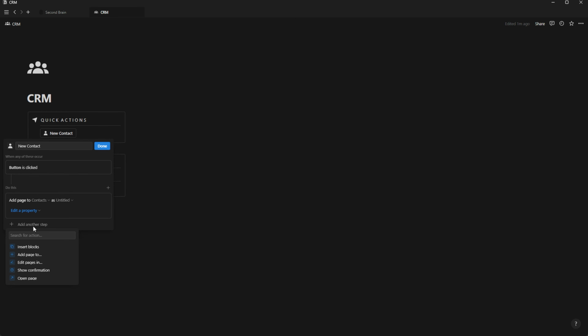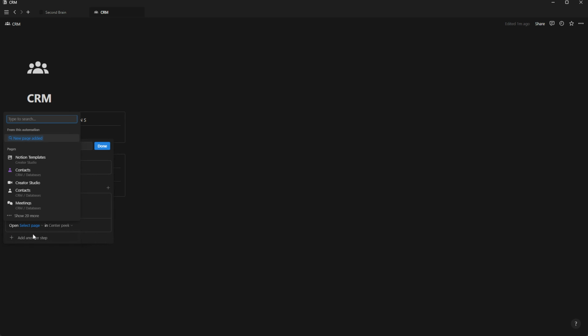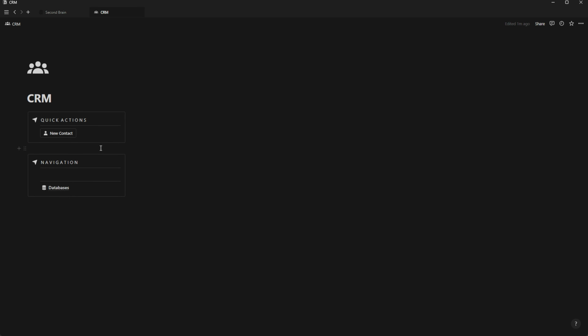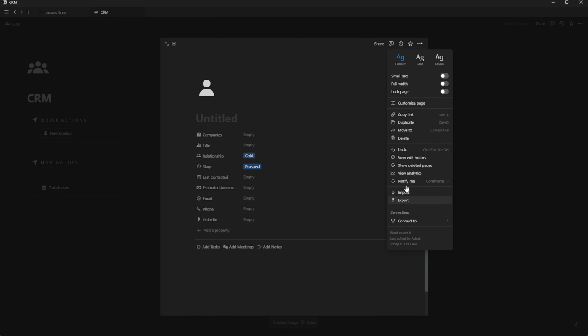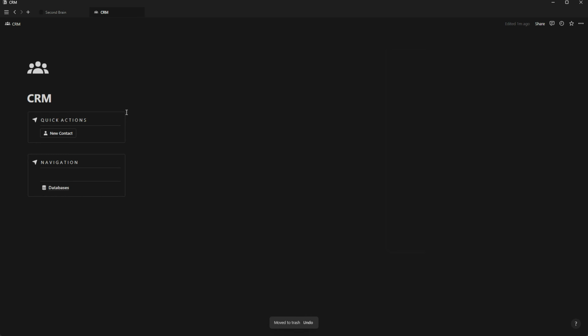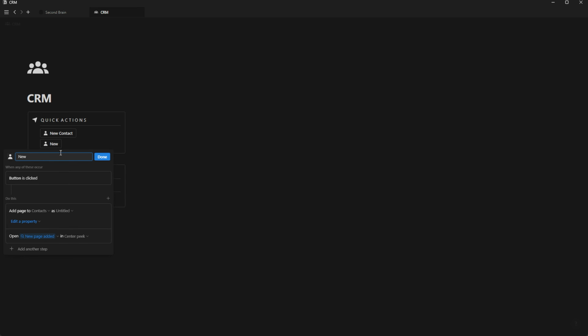And another step, open page, select page, new page added in center peek. So perfect. And let's delete this one. Okay, so we can duplicate this one, rename it new company,